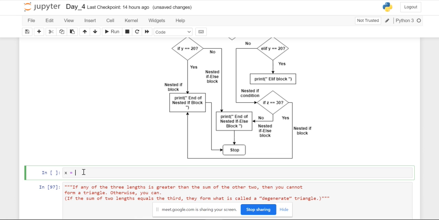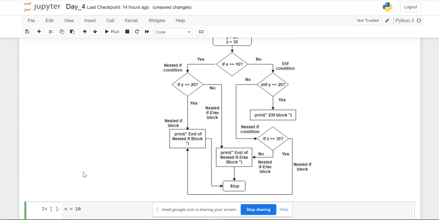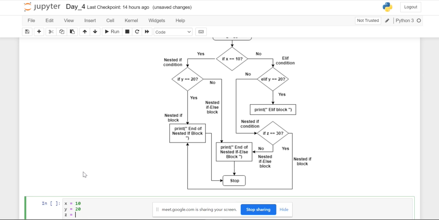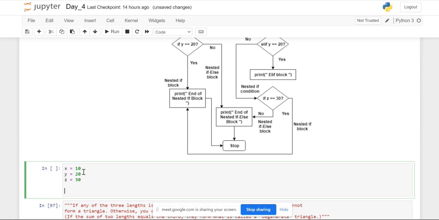Okay. x is equal to 10 and then we have y is equal to 20 and then z is equal to 13. Okay. Now we're going to write the very first